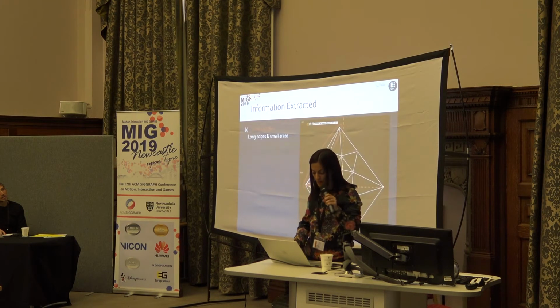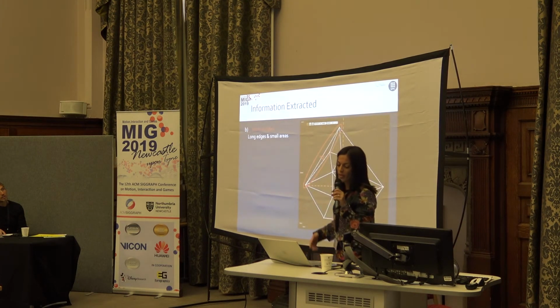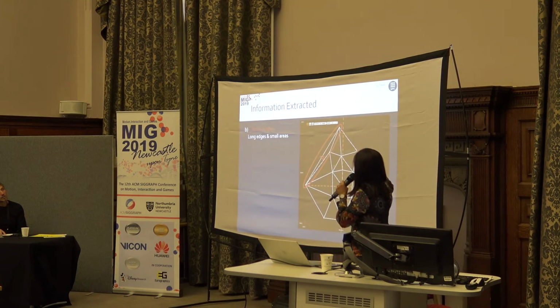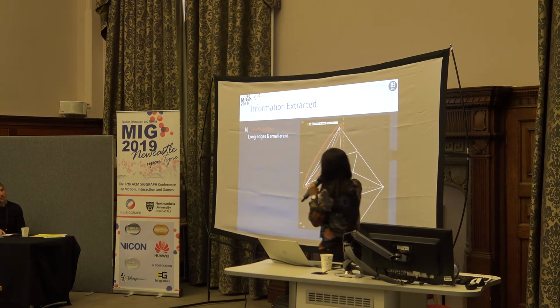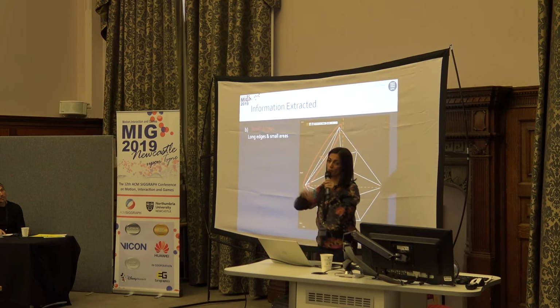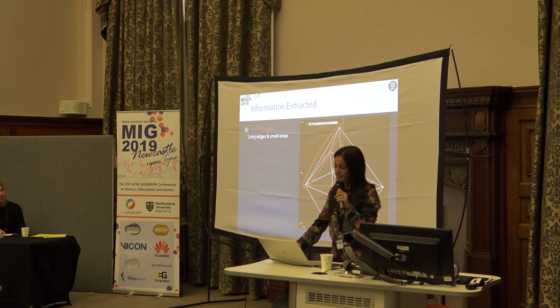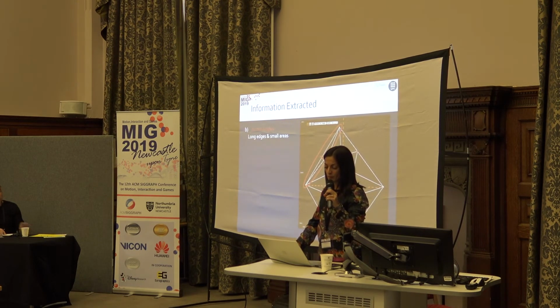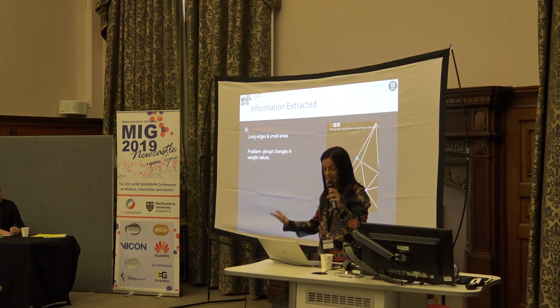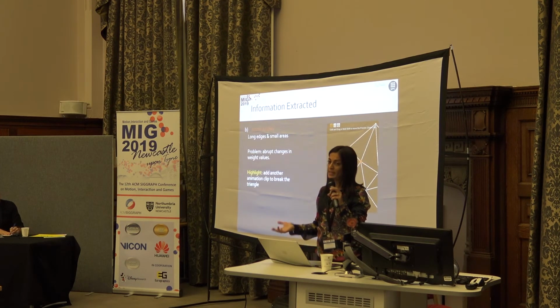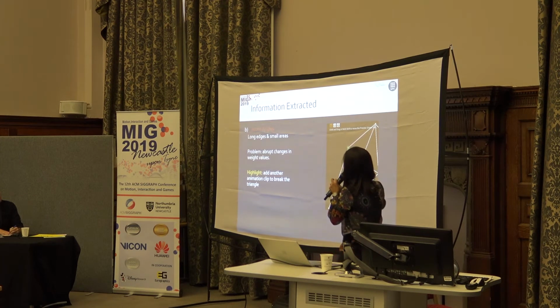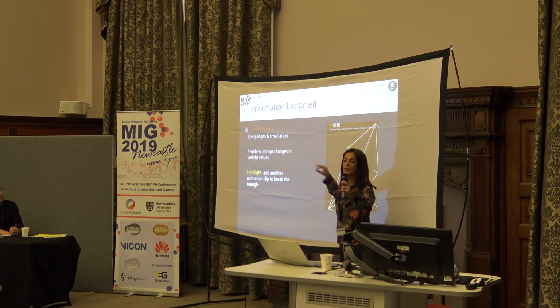Okay, so next issue is what we call sharp angles. They typically form triangles with very long edges and small areas. The larger triangulation won't give you this in the middle of the triangulation, but this typically happens in the borders of the convex hull. Okay? So in this case, it's not straightforward to solve the problem, but we can at least highlight the problem and give recommendations on how to fix it. If you replace your animation that was here by one a little bit farther away, you would avoid this kind